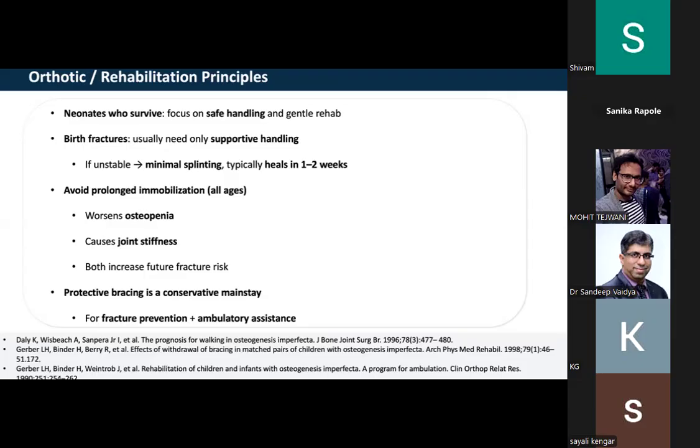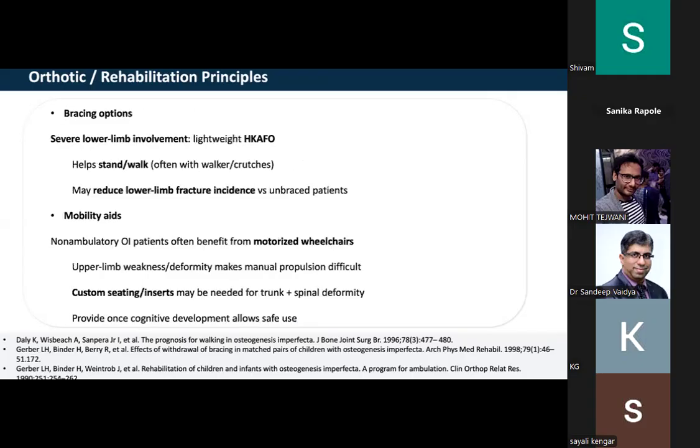We have to use very minimal, gentle splints for comfort and stability. We have to think in terms of weeks and not months. In very severe forms of OI, splinting is not preventative, it is foundational. For severe lower limb involvement, lightweight HKFOs can enable standing and walking with a walker or crutches and can reduce the